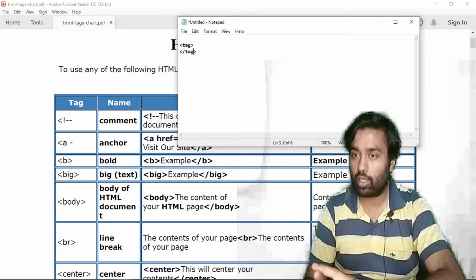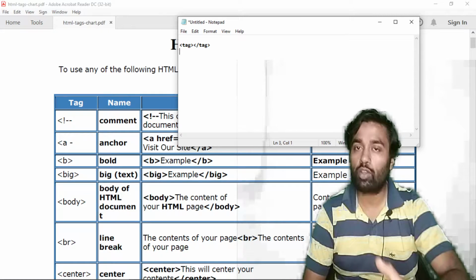First of all, you need to know that some are user-defined tags and some are predefined tags. We are discussing the predefined tags, which are already defined. A user-defined tag, like I mentioned, such as a username tag, is designed by me or by us to create your own tag. But because we have to create an application, we have to use predefined tags. So these tags are very much important to know.